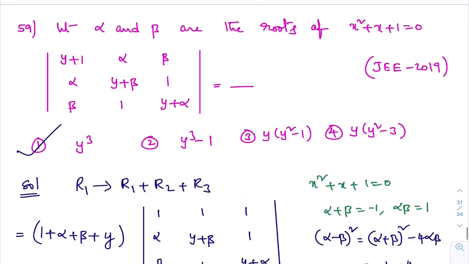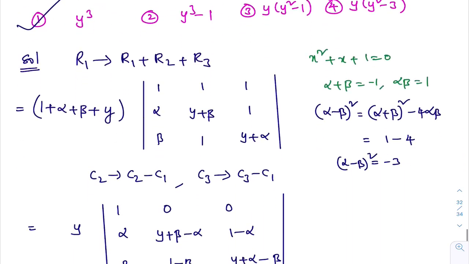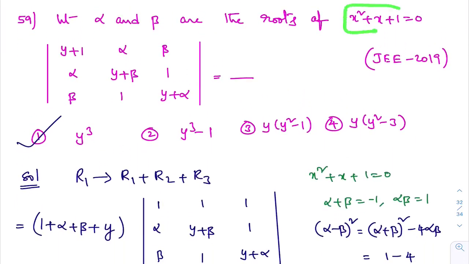See, these problems you can understand only when you are good in determinants from PUC part. Otherwise, definitely you may feel a little bit of confusion here. Now, further here, what they have given: alpha beta are the roots of this quadratic equation. For the quadratic equation, you know the sum of roots alpha plus beta equals minus b by a, that is minus 1. From this, the sum of roots of this quadratic equation alpha plus beta is minus 1 and the product of roots alpha beta is 1. This we learned in the first PUC quadratic equations chapter. There we learned this: alpha plus beta is minus 1, alpha beta is 1.